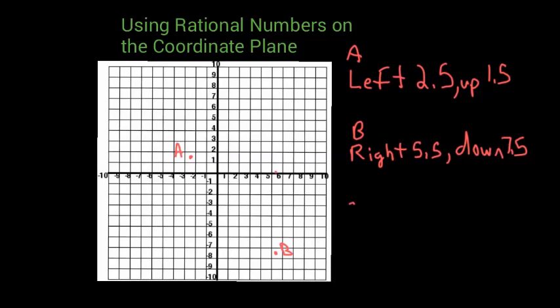If we wanted to do one more, let's say we want to go left 7, down 2 1/2. So we're going to go left 7 and then down to 2 1/2. So it's going to be in between the 2 and the 3, and that's where C would be. Alright, so now I have 4 points there, A, B, C, and D, and we need to figure out what